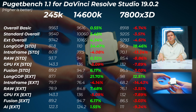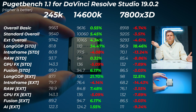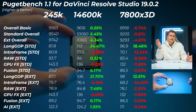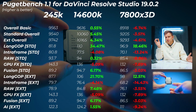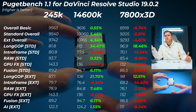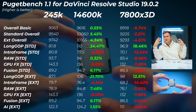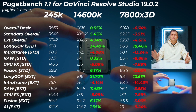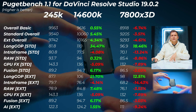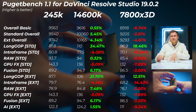Next off, Cinebench for DaVinci Resolve, and the 14600K is about 5.5% faster in the overall score. That's standard, extended is slightly less, and the basic is 0.5% faster. And that's because the basic is using the free version of DaVinci Resolve, meaning that some of the hardware is not utilized and the actual PC is capped in what it can do. But most importantly, the long GOP score is 34% faster on the 14600K in standard scores and 21.7% faster in